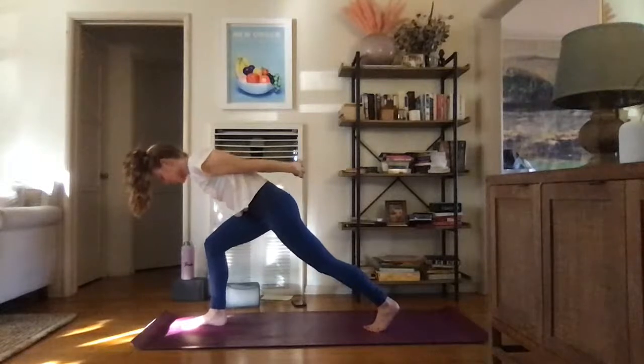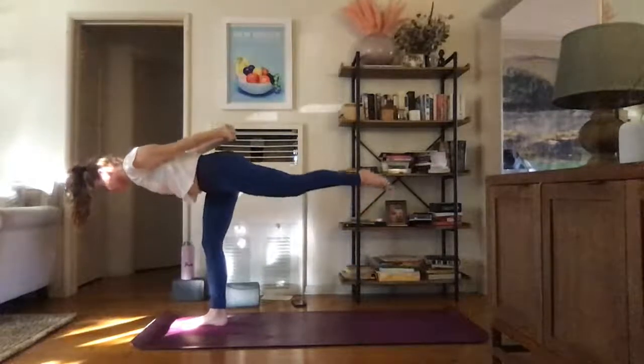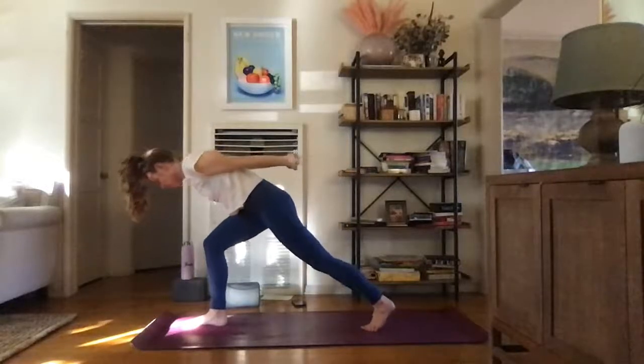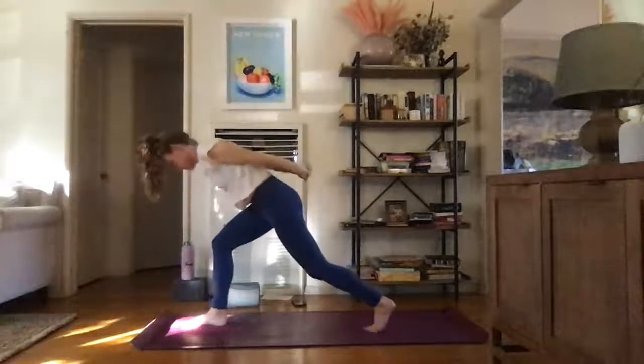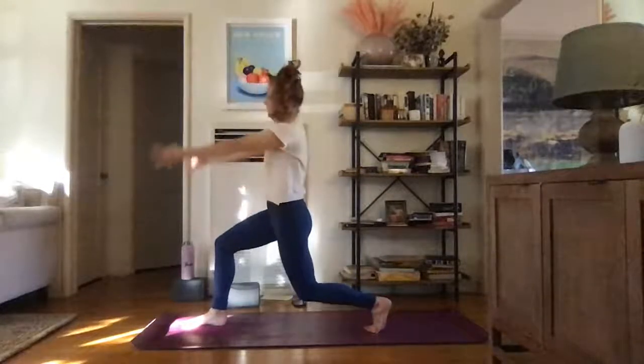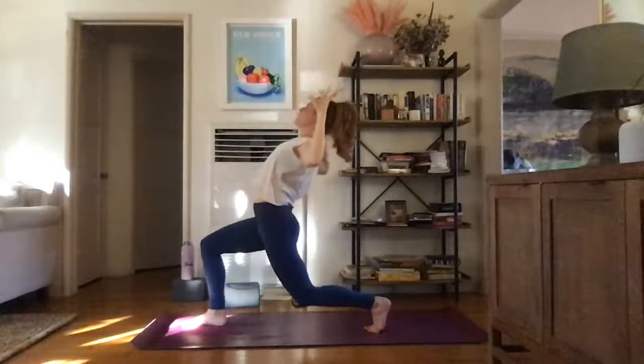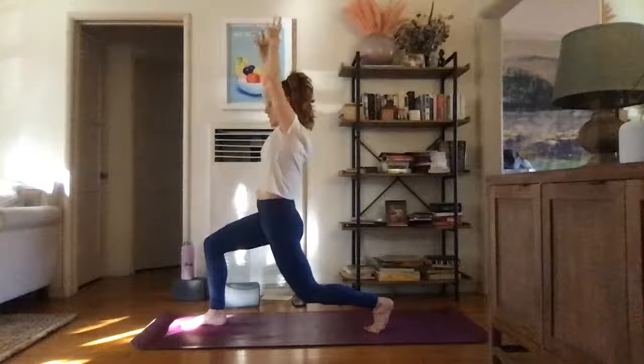Moving with the breath. Inhale, warrior three. Exhale, crescent variation. One more, inhale. Exhale. Inhale, high crescent, arms to the sky. Back bend, exhale. Inhale, rise. Exhale,